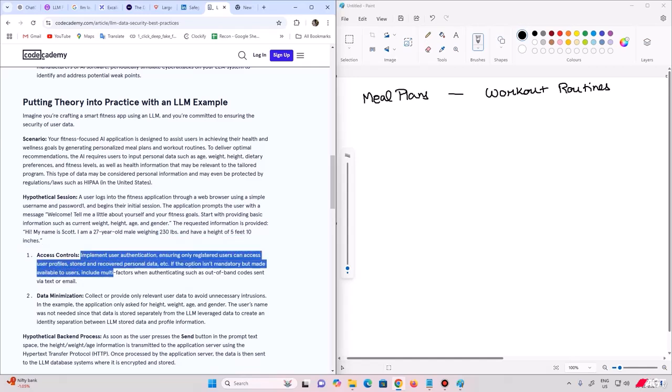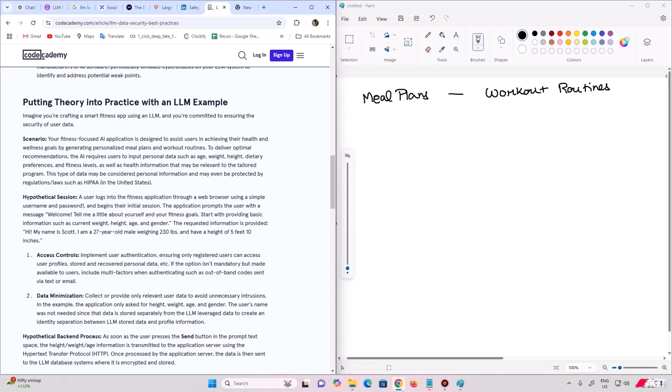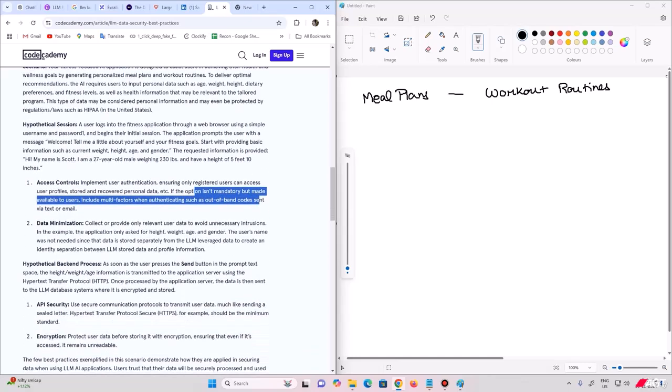Here we should be properly thinking about what the security restrictions could be in this particular case. So implement user authentication, meaning an ID and password, ensuring only registered users can access user profiles and store and retrieve personal data. If the option isn't mandatory, there should be multi-factor authentication. Then there should be data minimization. The application should collect only the data that is necessary, and it should not gather any data other than